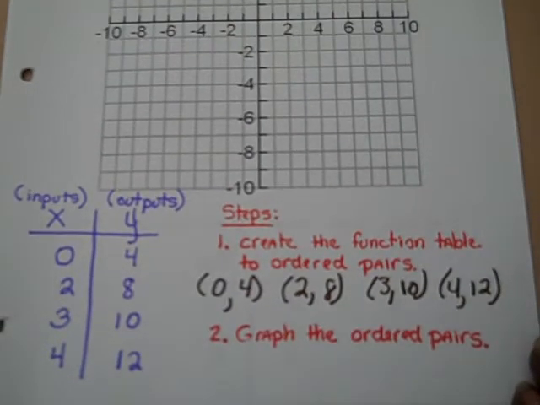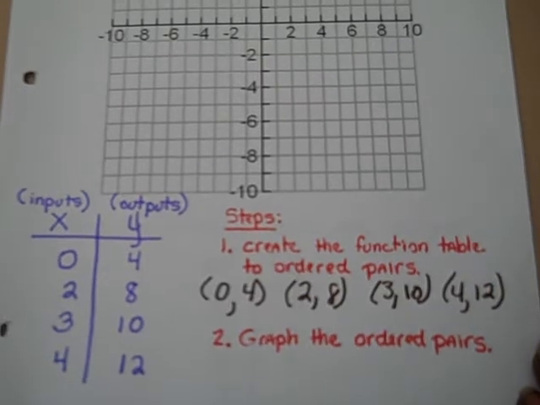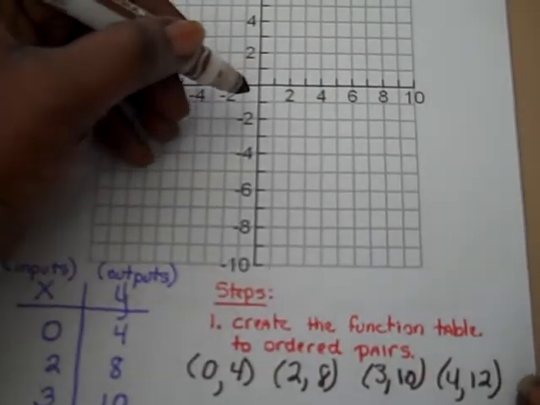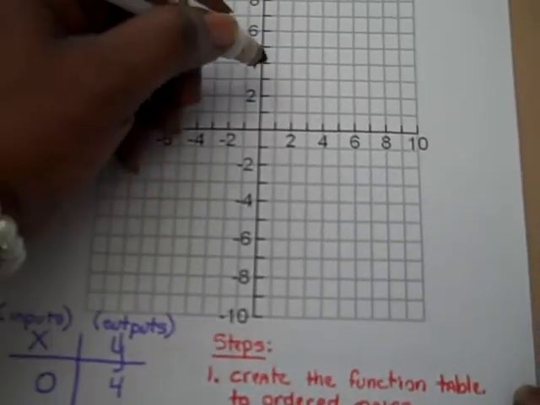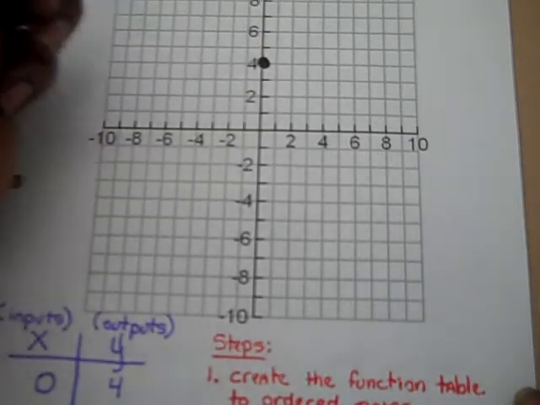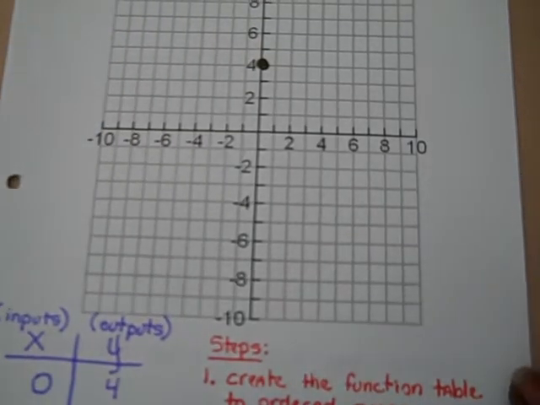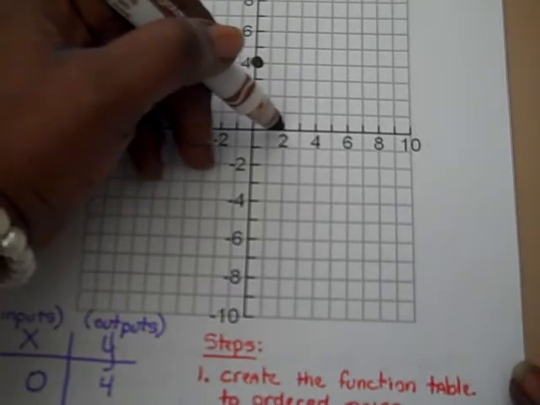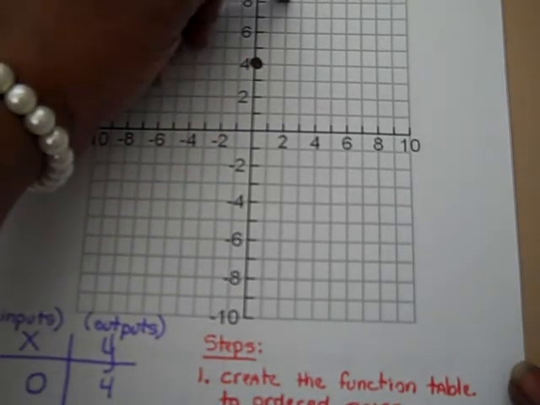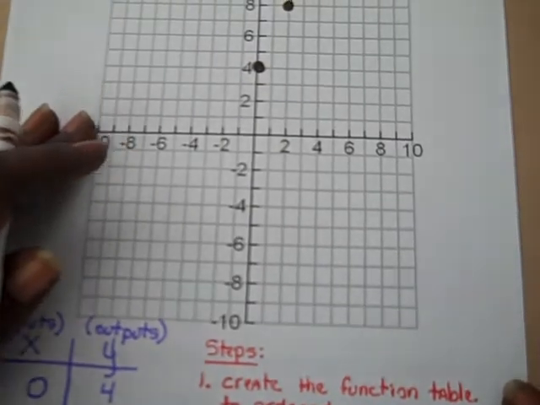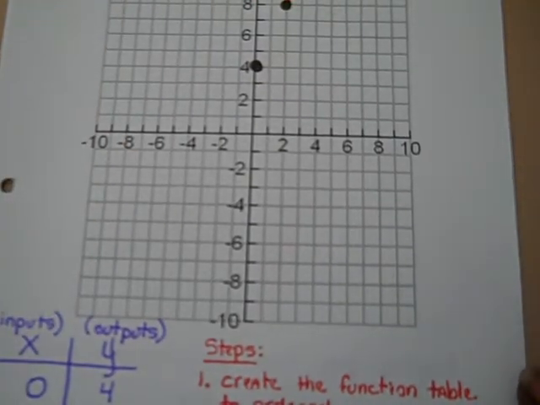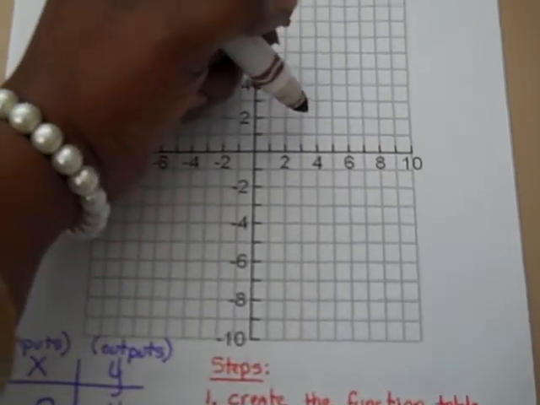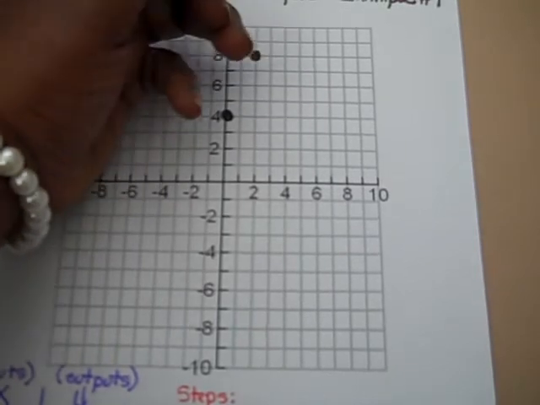Now, step two is to simply graph the ordered pairs. So the first ordered pair is 0, 4. I'll begin at my origin. X is 0, y is 4. The next is 2, 8. So at the origin, come over 2, positive 2 on the x-axis, positive 8 on the y-axis. The last is 3, 10. So I'll come over to 3, and then I'll scroll up to the 10